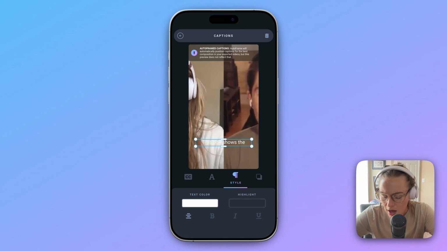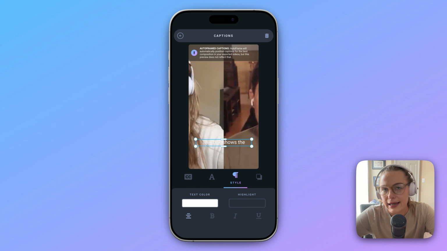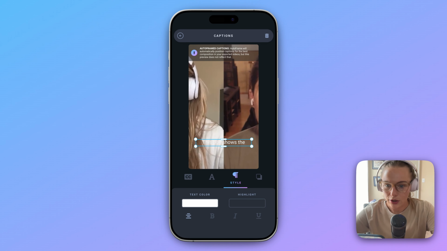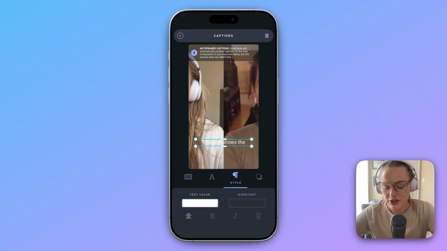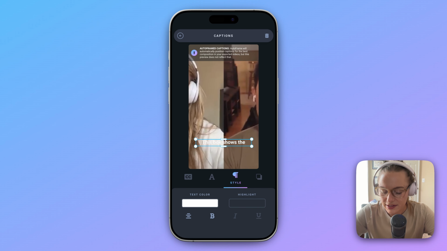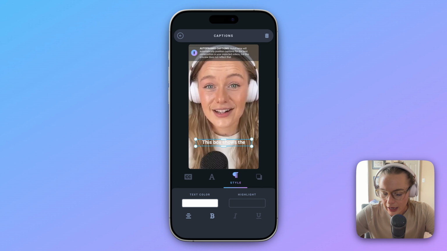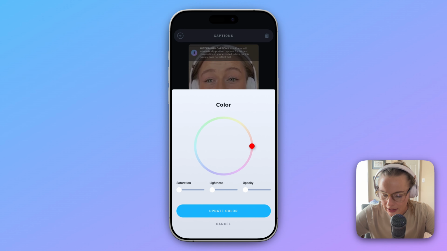As you can see, my shirt is a little bit light, so any time in which I'm actively speaking on the screen, it might be really difficult to actually see those. So I'm just going to be a little bit more proactive and go ahead and style them. So I'm going to bold the font, and then I could go ahead and add a little bit of a highlight. I think that actually does a really nice job of turning up the contrast,